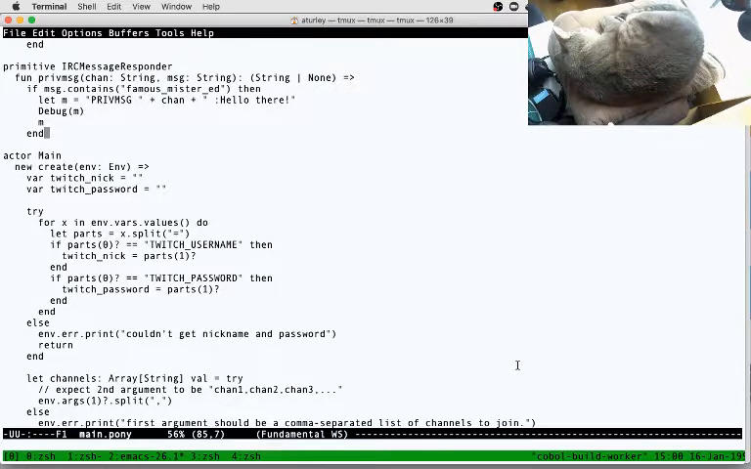So this is kind of a continuation of something that I've been doing on here, and the basic idea is that we have built a Twitch bot in Pony from scratch. Pony is an actor-based programming language that is really good for writing things like servers, clients, networked applications, things that are event-driven. And so an IRC bot seemed like a pretty good way to demonstrate some of the things